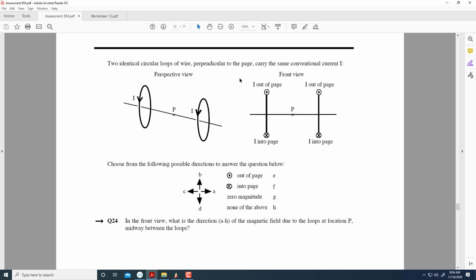So in this loop there is some magnetic field going through the center, and there is also some magnetic field going through the center of this one. So what would be the addition of that magnetic field and that magnetic field at the point P? This is the side view and this is the front view. If you look from the front, so in this one,